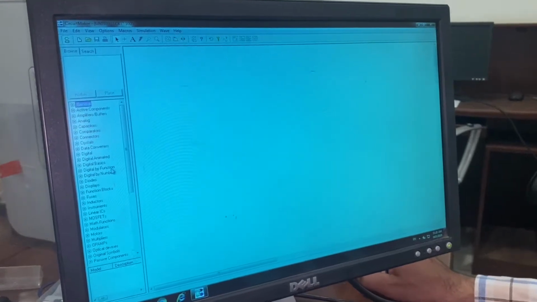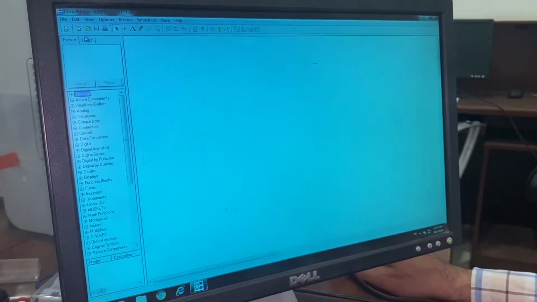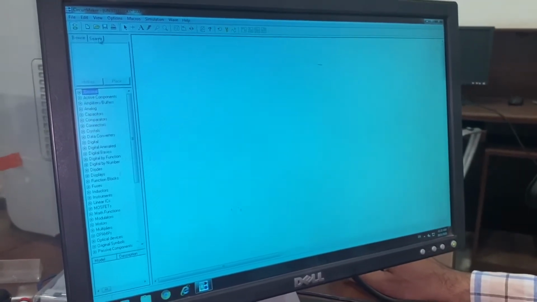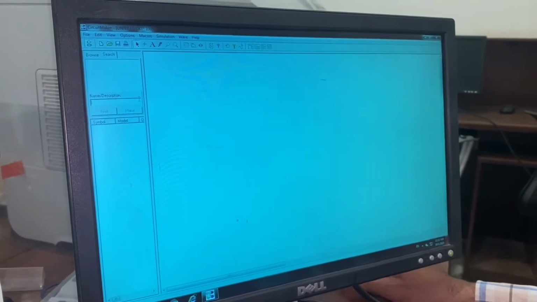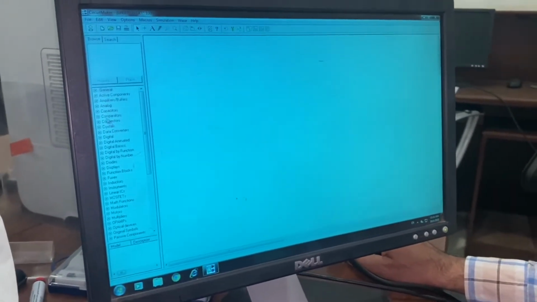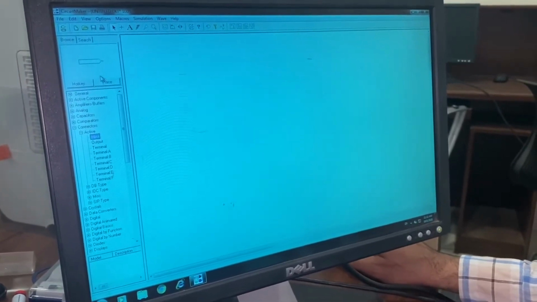Now, how do you have to take it here? For example, a circuit diagram is given for your homework. You can type it directly here. If you need input and output from here, browse, then open connector, then active, and from here you can take its input.